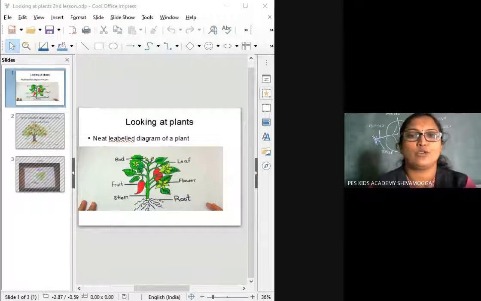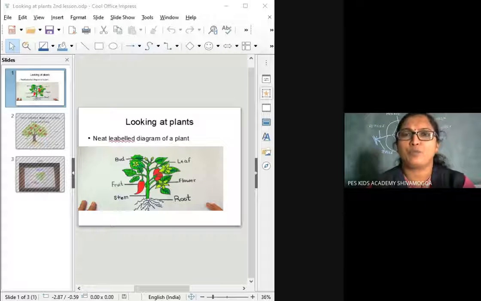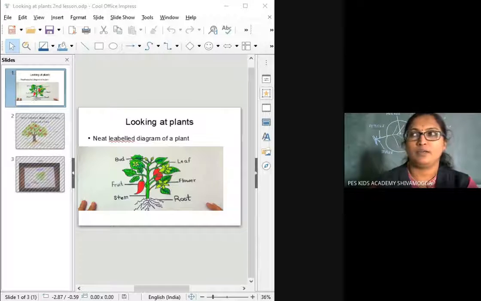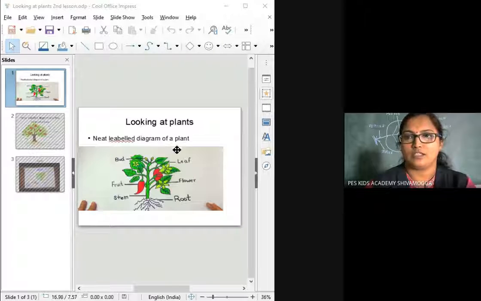So today we are going to learn the next lesson, which is looking at plants. Outside in the environment, in nature, we have seen many types of plants, right? In the previous class, we studied the parts of the plant and the parts of the tree. Today, we will have a glimpse of the parts of a plant. Okay, so now you are all seeing this